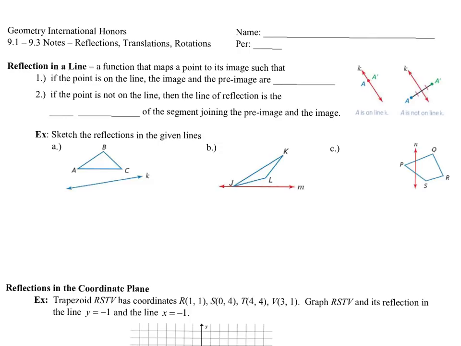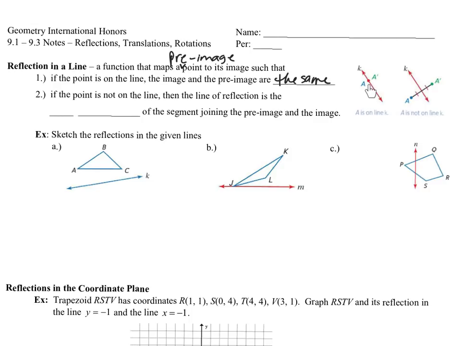So a reflection in a line is a function that maps a point, and in fact, why don't we go ahead and call that a pre-image point. Let's add that in. So a reflection in a line is a function that maps a pre-image point to its image such that, number one, if the point is on the line, then the image and the pre-image are the same. So if you look at this example,